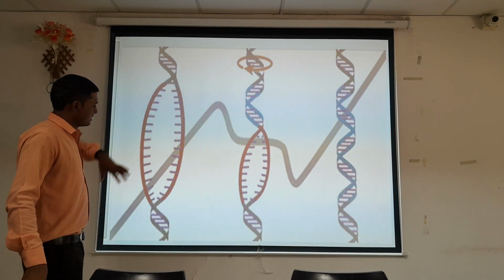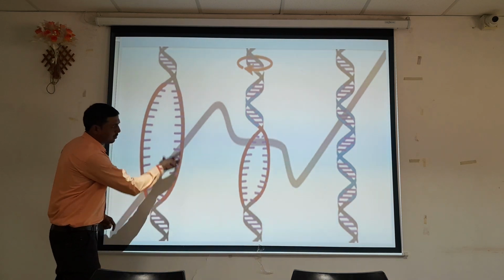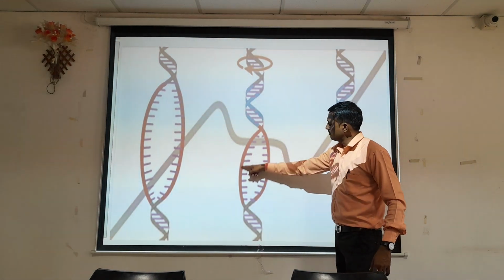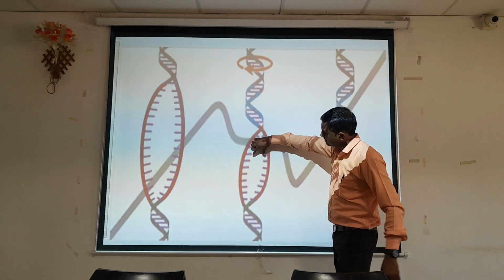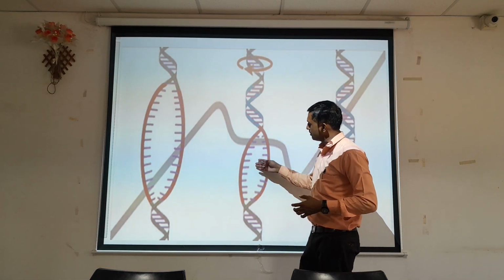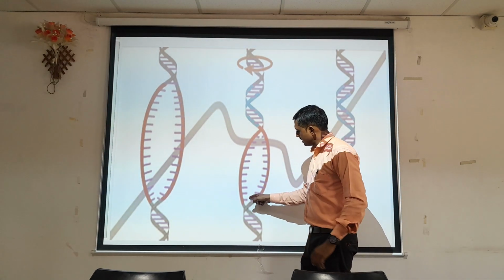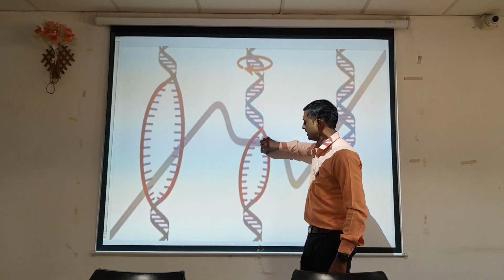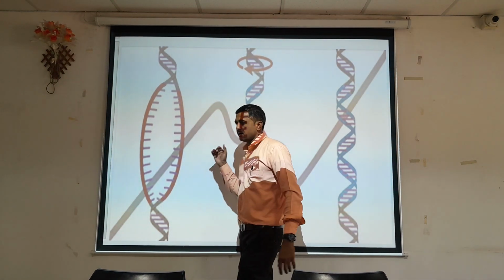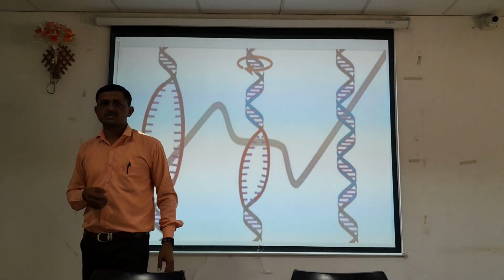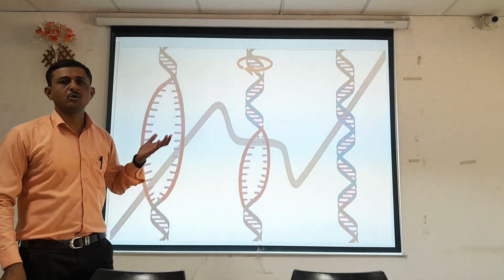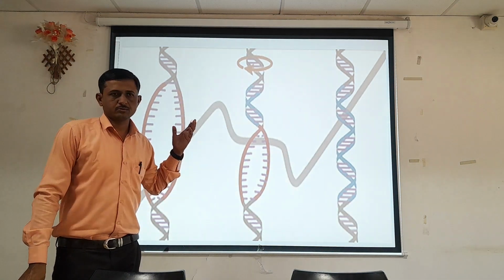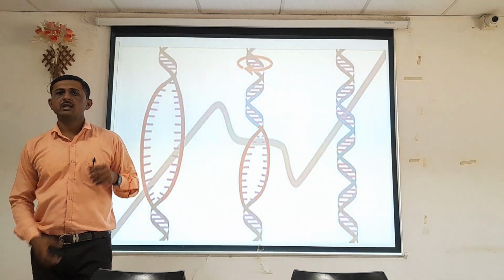Here in this diagram you can see a fragment of a DNA strand, which is double stranded DNA. What happens? Here is the formation of a bubble. In that case, the tightly bonded nitrogen bases of the double strand are now separated. That's why proteins or enzymes get entry and bind to the single stranded DNA, and in that way the replication process or transcription process can be carried out. So it is nothing but a molecular property of DNA with respect to DNA breathing. Okay. So we have already discussed DNA melting and DNA breathing.